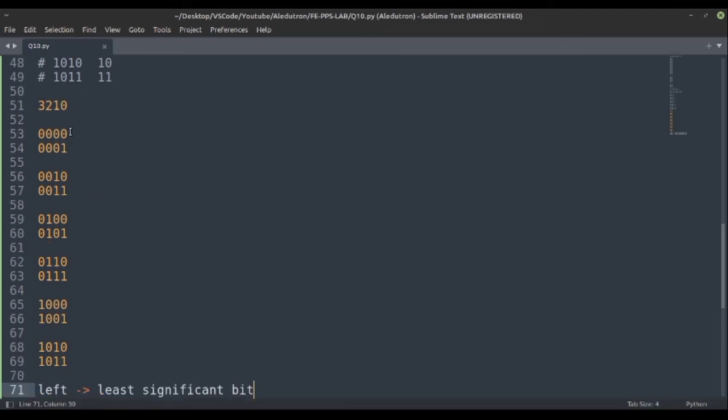So the rightmost element is the most significant, then this is less significant, then less, and then least. So basically the priority goes on decreasing from right to left.